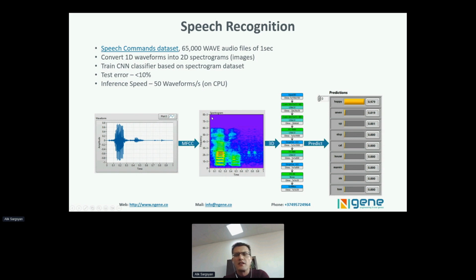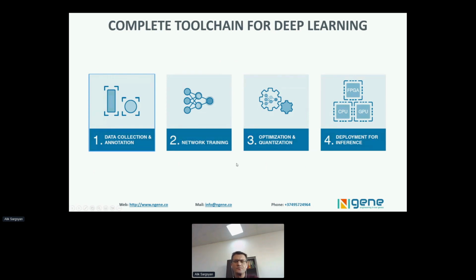And once we have created a data set of these spectrograms, we can train a classical CNN architecture in order to create a classifier which can recognize and classify different images of the spectrograms, which are basically a representation of one-dimensional waveforms. So in order to cover the whole process of creating neural networks and deploying them, we have created different